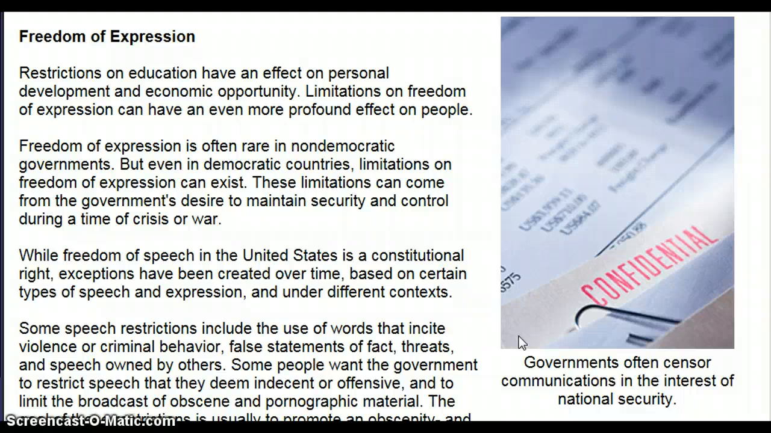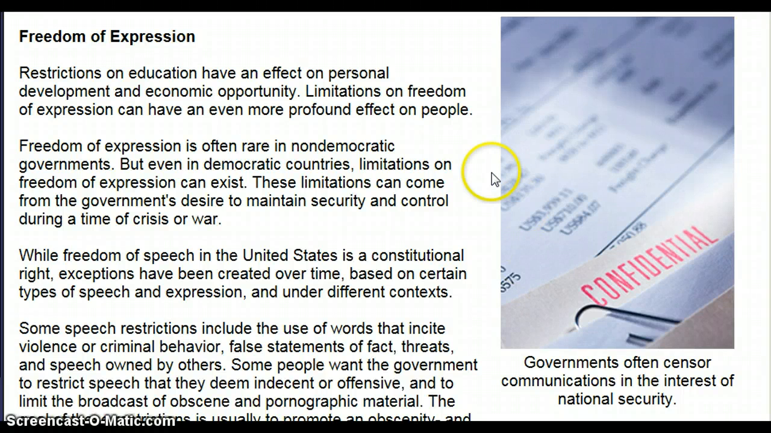These limitations can come from the government's desire to maintain security and control during a time of crisis or war. While freedom of speech in the United States is a constitutional right, exceptions have been created over time, based on certain types of speech and expression and under different contexts. Some speech restrictions include the use of words that incite violence or criminal behavior, false statements of fact, threats, and